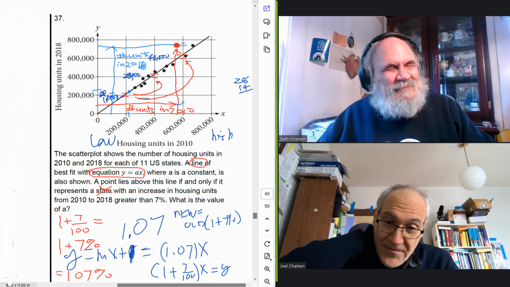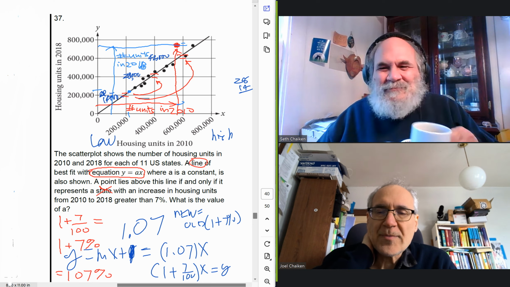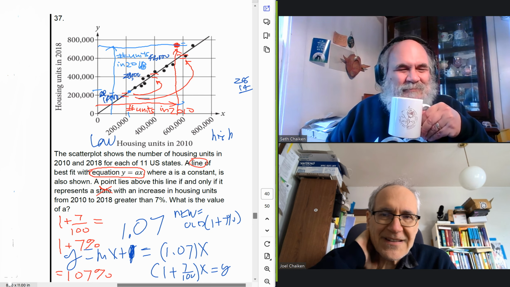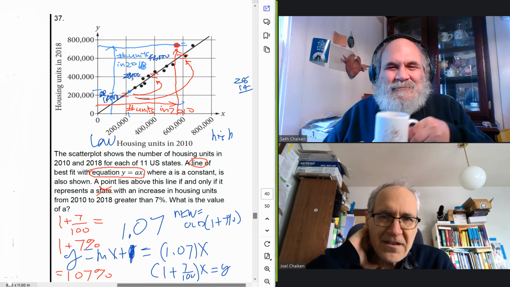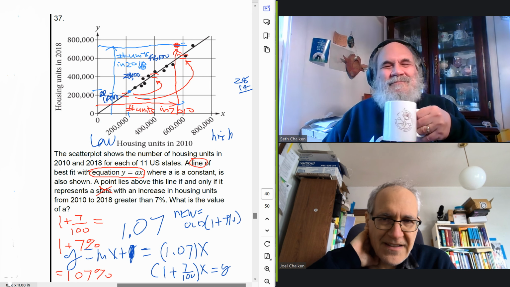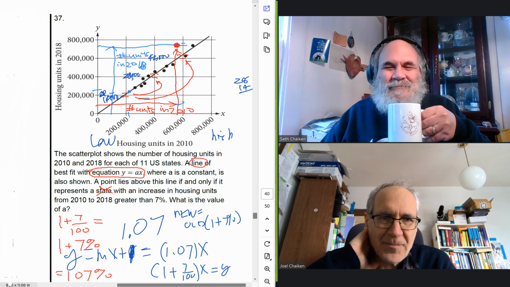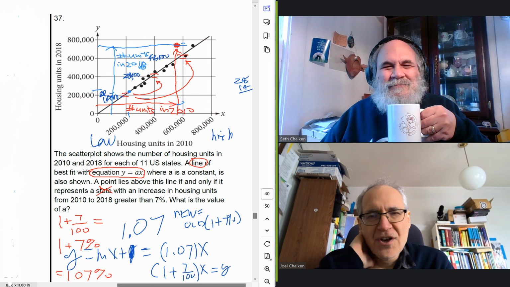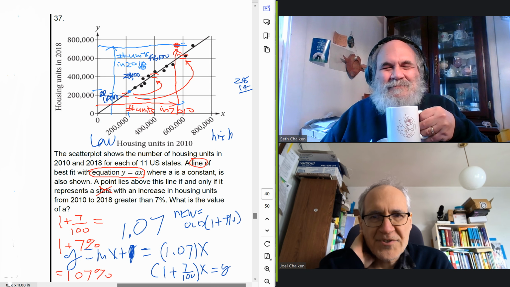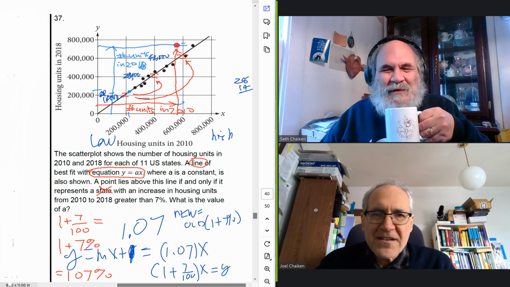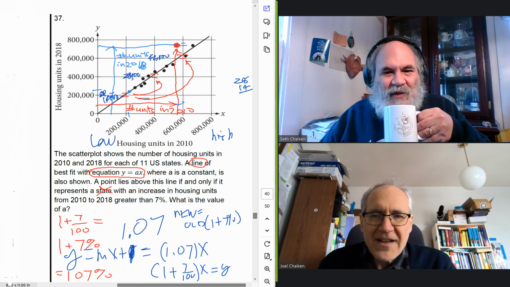So they're trying to see if you understand the concept of slope, how to get it, but also in the context of a word problem where it's not that obvious how to get the slope, because you also have to understand growth and percentage growth and what the whole plot